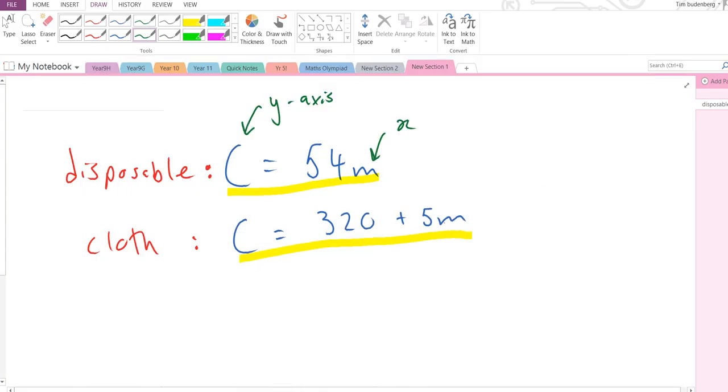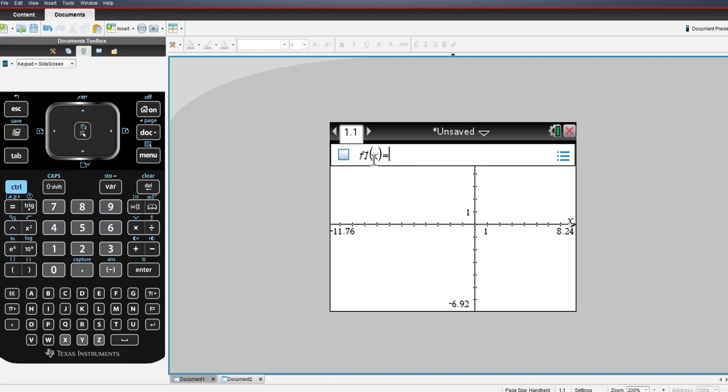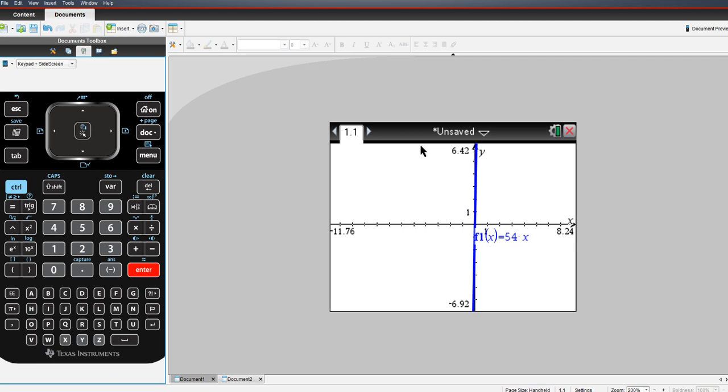So remember, our first equation was c equals 54m. And in our case, c is the y-axis. And f of x, this thing here, is our equivalent of y, so we leave it and write 54x. And that leaves us a very, very steep blue line,